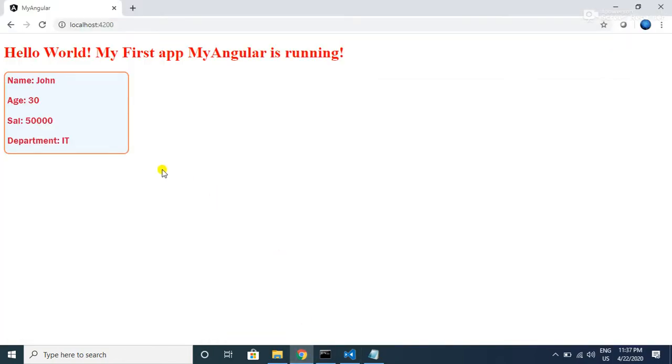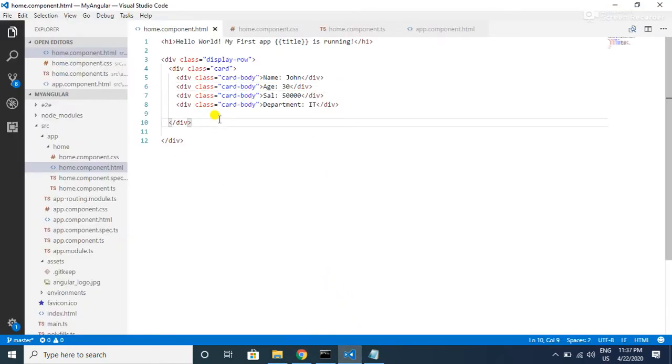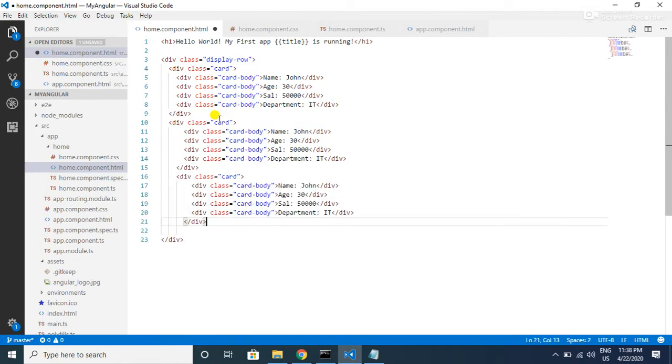So here we are seeing an employee card, and inside this employee card we are seeing a name, age, salary and department. Right now we are displaying hard coded values, and we have only one employee card. If I want to have n number of employee cards, I cannot go ahead and repeat this div tag, as we are not sure how many employee records will come in real time.